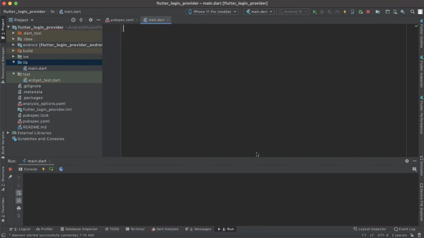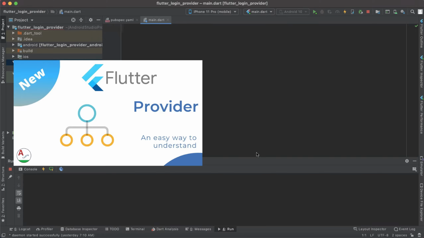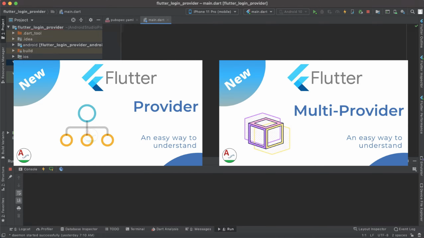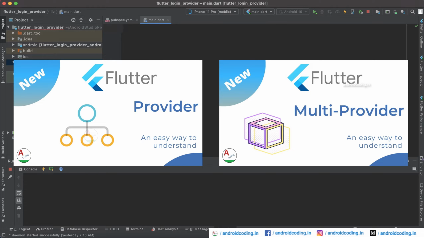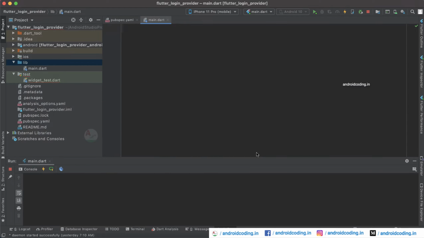In this vlog, we would like to discuss the state management concept provider. In our previous tutorials we have covered the implementation of provider in Flutter application. But now in this particular tutorial we will try to make a login mechanism with the help of a provider. As you are well aware why we use provider, and if you have any queries I suggest you go through our previous tutorials so that you will get the basic knowledge regarding the providers.